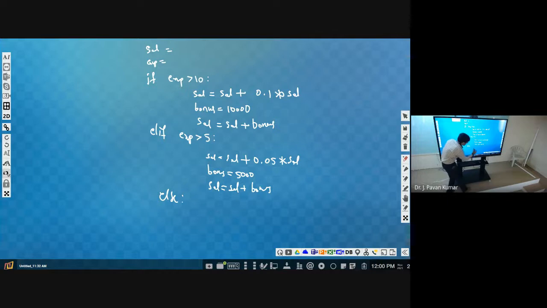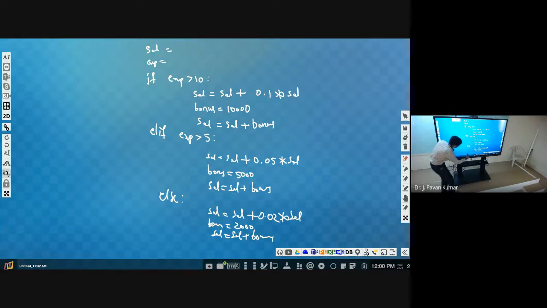So salary equal to salary plus 0.02 times salary, the 2% increment. Next bonus equal to 2,000. Next salary equal to salary plus bonus. Finally what we have to print? Updated salary, comma salary.